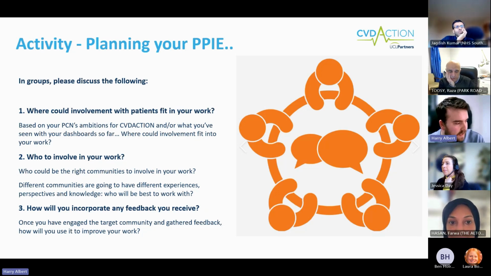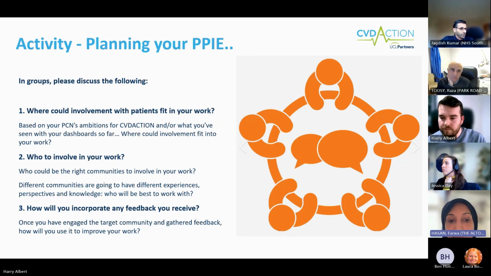So when it comes to identifying communities, you said there's pockets of deprivation spread throughout your geography. Is that you're going to filter by the indices of deprivation? Is that your main plan? Yes, on the last couple of projects, we found it really helpful and good long-term preventative value for money to filter patient activity and funding and resource by the core 20+5 population. So it's really helpful that CVDAction, the dashboard, has that ability to filter by levels of